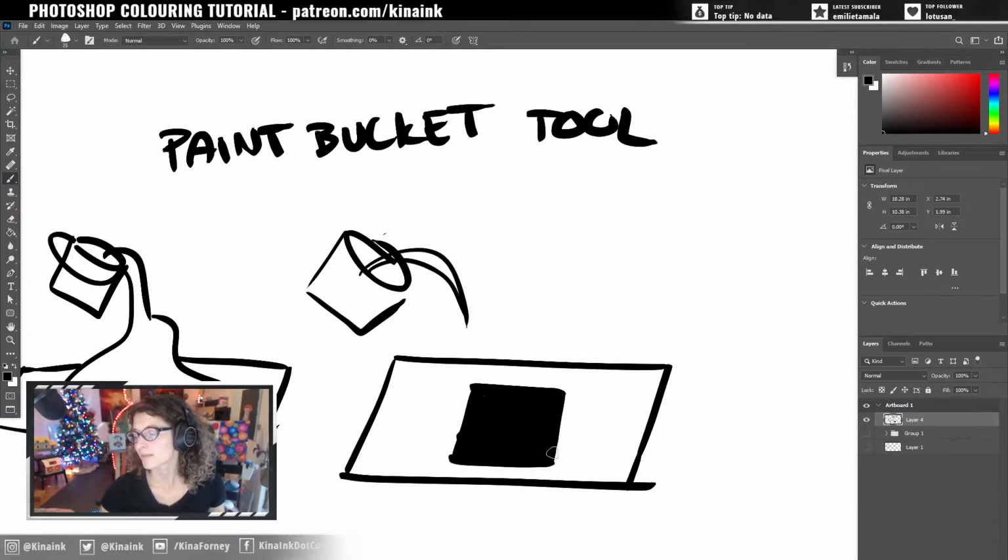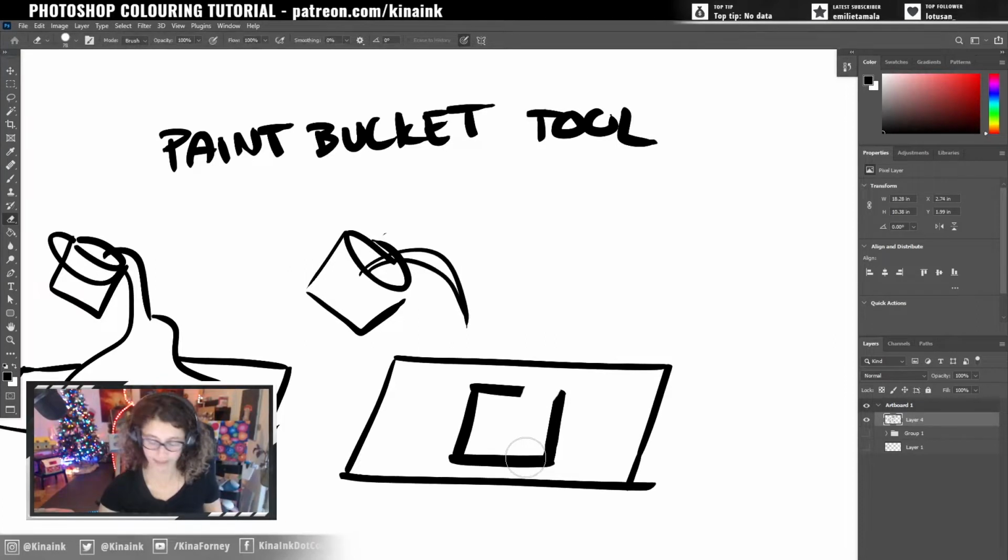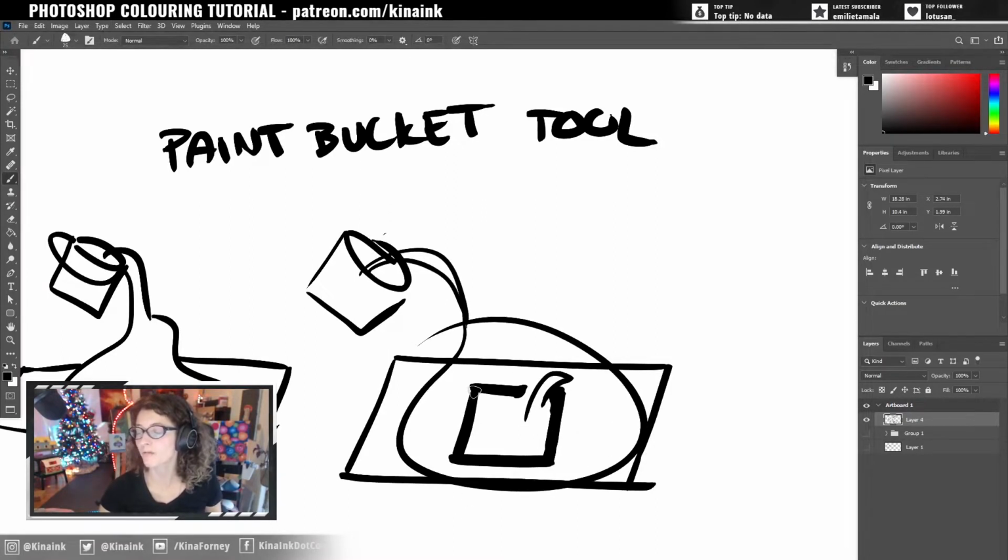Just to give you some context, another thing is that if this were actually tape, and I only taped like this, what do you think would happen, right? It's going to fill it, but it's going to escape this little hole, right? It's going to fill everything, and it won't fill where the lines are, but it will fill everything